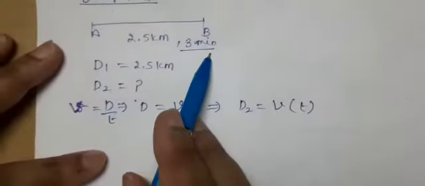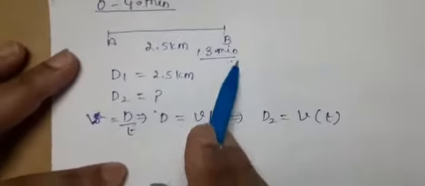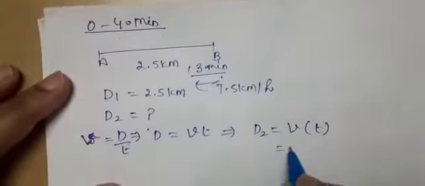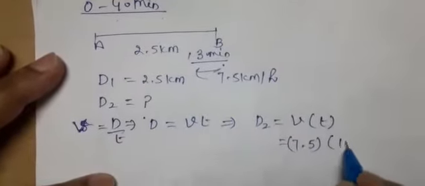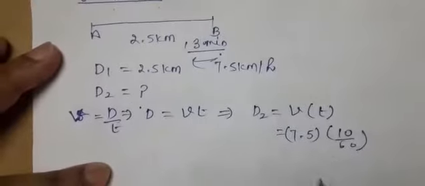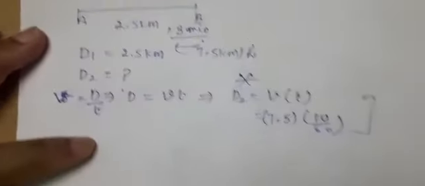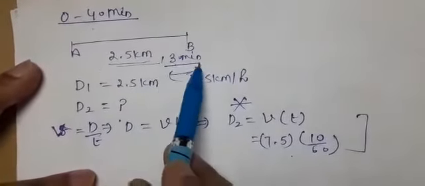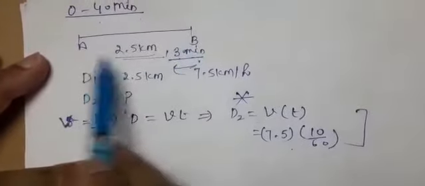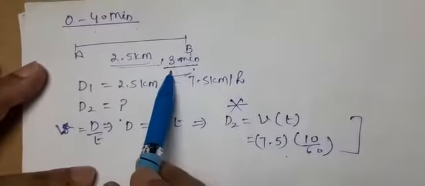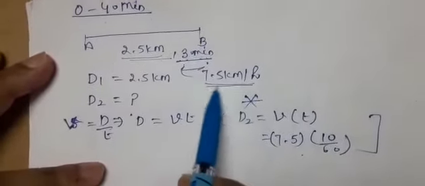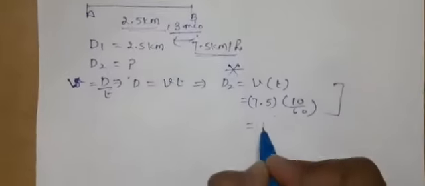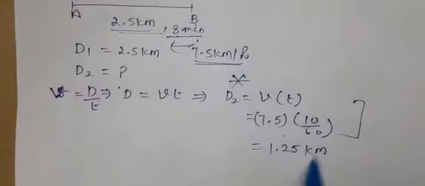Now after 30 minutes, that is reaching at point B, while returning, it was moving with a speed of 7.5 kilometer per hour. So the speed will be 7.5 and the time was 10 minutes, that is 10 by 60. This is the main point. You have to focus here. I am repeating, within 30 minutes it is covering a distance of 2.5. This is given. But when returning back, within B to A, within the first 10 minutes, what will be the distance covered? Being uniform motion, it means the same speed. So distance will be velocity into time, and on solving it, you get 1.25 kilometer.